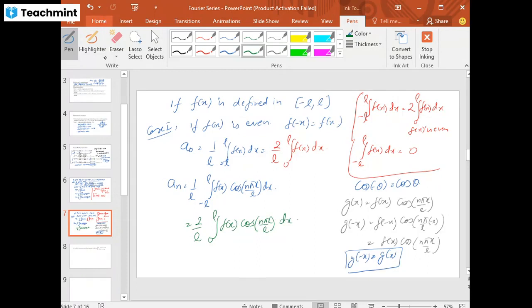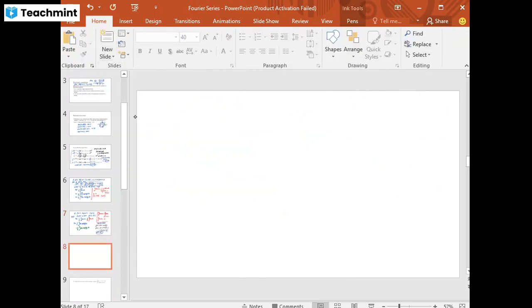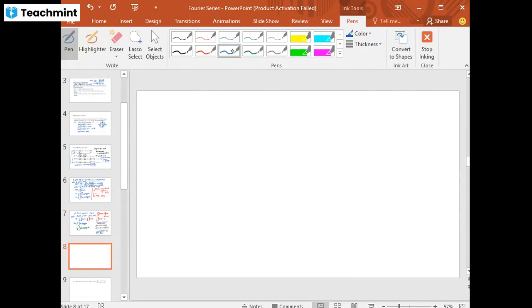And what about the value of the Fourier coefficient Bn in that case? So the value of Fourier coefficient Bn is equal to 1 upon L minus L to L f of x into sine of n pi x upon L dx. Now this time what will happen? Because we know that sine is an odd function. Because what is sine of minus theta? This is minus of sine theta. Okay, so sine is an odd function, but f of x is an even function. Okay, so the product of even and odd function is,